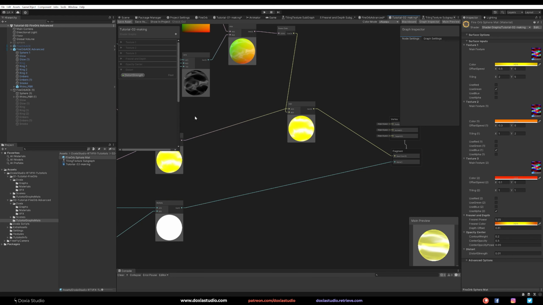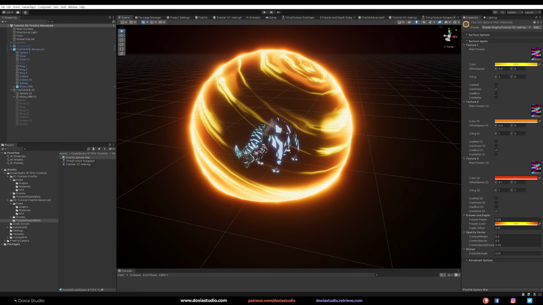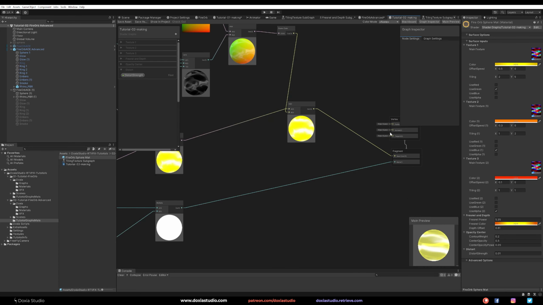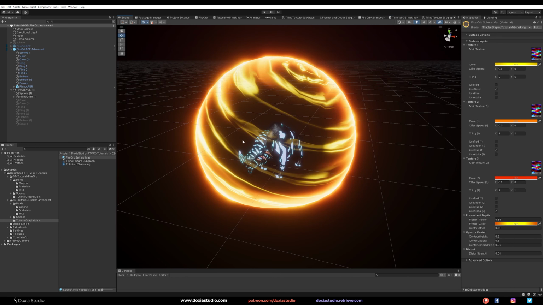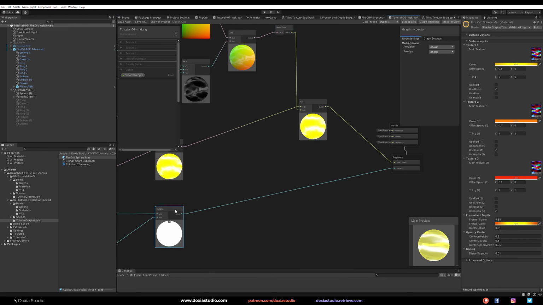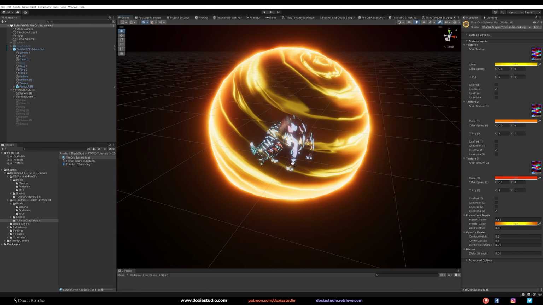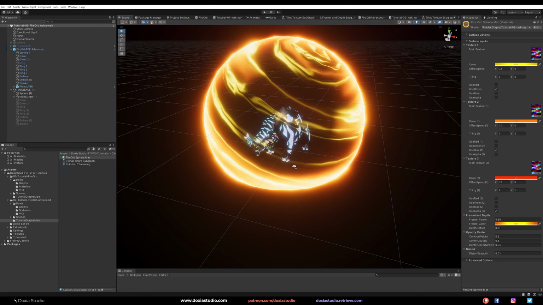Okay, let's save it and see. As you can see, I made a mistake, because as you know, our alpha, our center opacity, is killing almost everything in the center. So we need to add that scene color alpha to our previous one. So let's grab an add, add this here and this here. And now this should work. And voila. Now we got our overall distortion working, everything even in the middle.